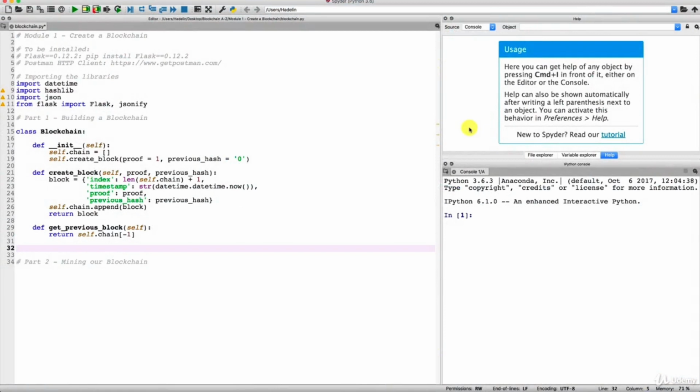Hi guys, welcome to this new tutorial and let's make this proof of work. So, first of all, what is exactly a proof of work? A proof of work is the number or piece of data that the miners have to find in order to